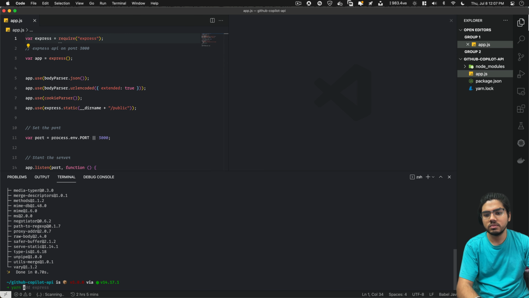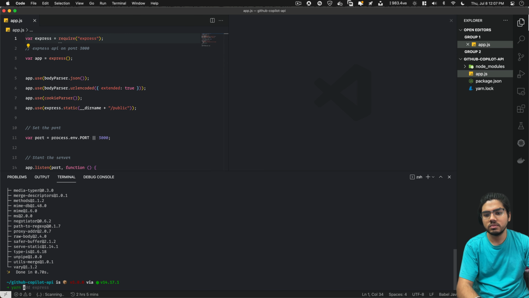We will test it first on the browser for the get routes, but for the post routes we'll try on Postman. So let's see. It's showing Express server listening on port 3000 in development mode, as you can see here. Let's try on the browser only. Localhost 3000. Yes, it's working.